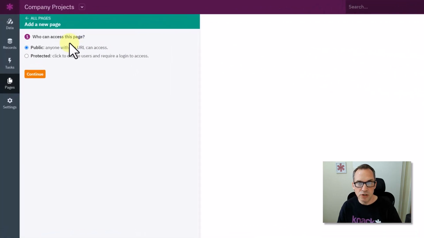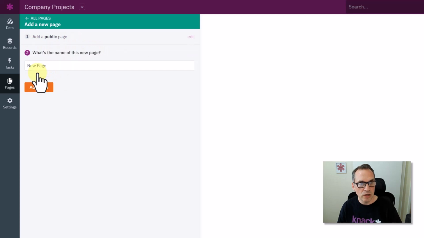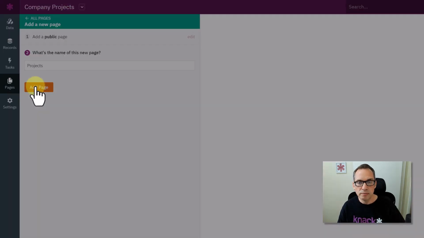And on the left hand side, you'll need to consider the question about whether this is a public page or whether it's protected by a login. As it states here, you'll need to enable users to log in to access your application. And at this time, we haven't set up user accounts. So we're just going to go with an open public page so anyone can access this information. I'm going to click continue. I'm going to rename the page, add the page,